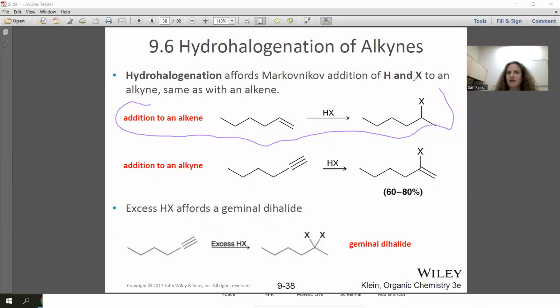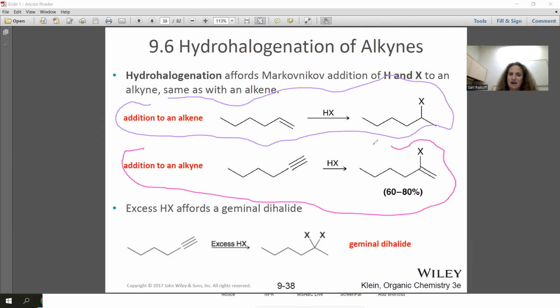This goes Markovnikov. With an alkyne, we can do the same thing. But now, if I have excess of this, and if I have excess HX,